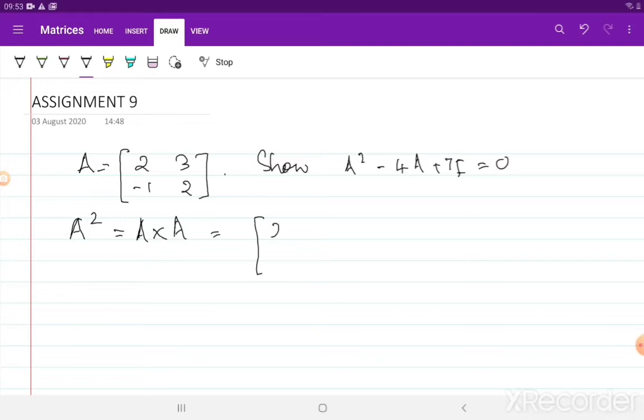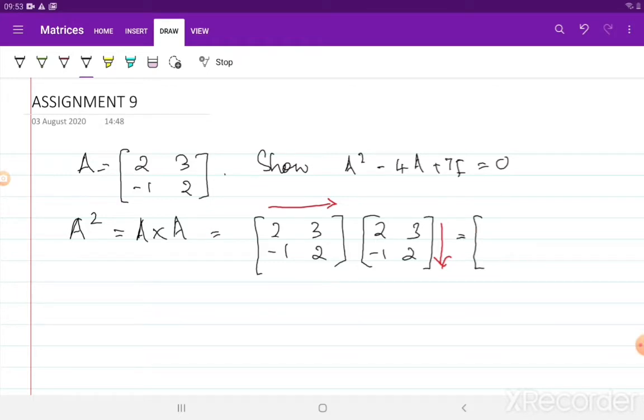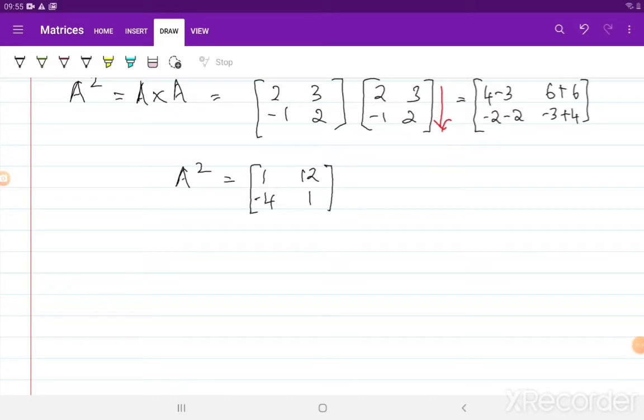So that would mean A is multiplied by A. Remember, matrix multiplication is always in this manner. So that's 2 into 2, 4, plus 3 into minus 1, 2 into 3, 6, plus 3 into 2, 6, minus 1 into 2, plus 2 into minus 1, minus 1 into 3 plus 2 into 2. So A square